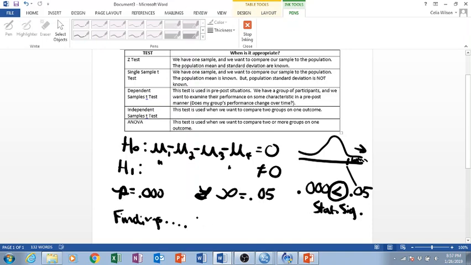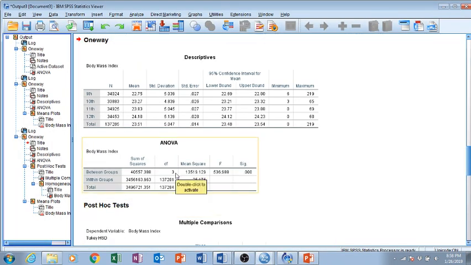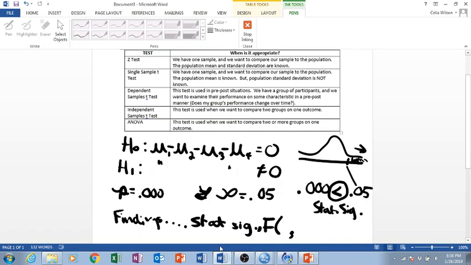All right. So I would do the same thing I've been doing before, like findings, blah, blah, blah. We do have statistical significance, and same thing as before, but now it's going to be F, right? And we're going to have 2 degrees of freedom. That's going to be a little comma. I'm going to click back over here to the output, because I need to pull those degrees of freedom. I know the first one's going to be 3, and the second one is going to be my total value, so 137,284. All right, so this is going to be 3, 137,284